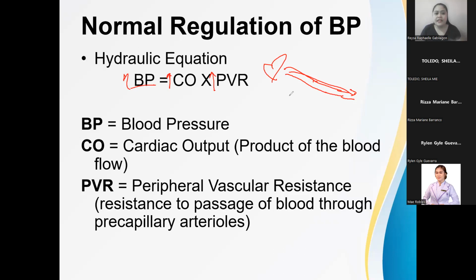So once again, increase in the cardiac output and at the same time increase in the resistance of the blood vessel will really lead to the increase in the blood pressure. So bakit magre-resist ang ating blood vessels ng blood flow? In cases of there is vasoconstriction, magre-resist talaga siya kasi nag-constrict nga siya, maliit siya. So paano siya makaka-accommodate ng blood if nag-constrict siya?